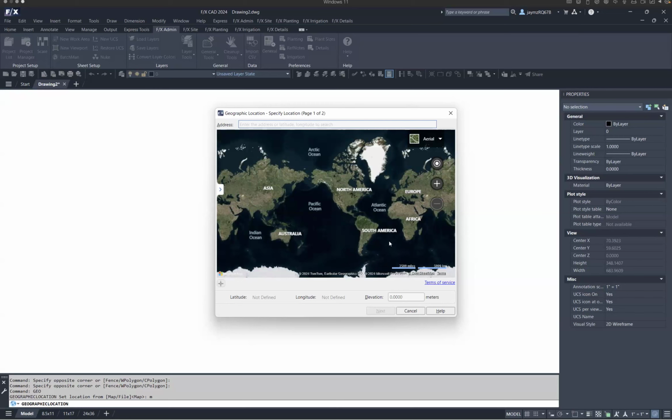So if you're using something like Google Earth or Google Maps, you're going to need to make sure that you get the correct reference here. I noticed that when I was playing with all these things, Google Earth was set to metric by default, and I had to go into my settings to change it to imperial. So just pay attention to that on any type of imagery that you're going to need to be scaling. You want to make sure that you have a way to accurately scale it.